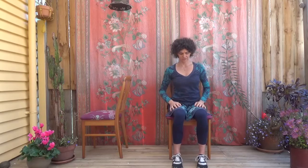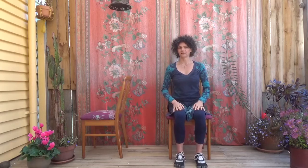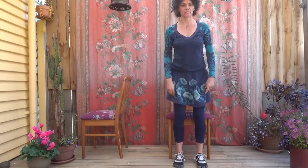Now we're going to get up out of our chair with a sit to stand. So, feet in nice and close. Feel the weight steady on both feet. Hold on to the chair if you need, especially on the first one if you're not sure. Keep the chest lifted, push down into your heels, and then slowly come on up to standing. We're going back down again, so push your bottom back. Feel the back of the chair is nice and close for safety, and sink back into the chair,